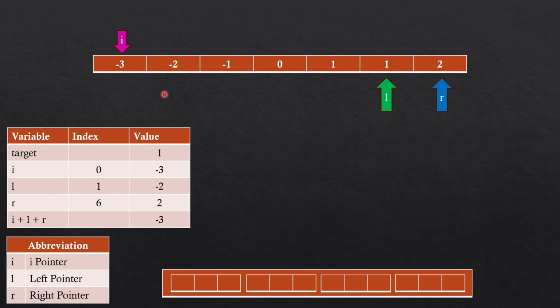So now what I will do, I will move our I pointer to the next index, and I will reset our L pointer back to the next of our I pointer. So it will look something like that. I have moved the I pointer, it is at -2, right? And we have an L pointer that is next to this index. Okay, so now we have an I pointer at -2, and now from this area we need